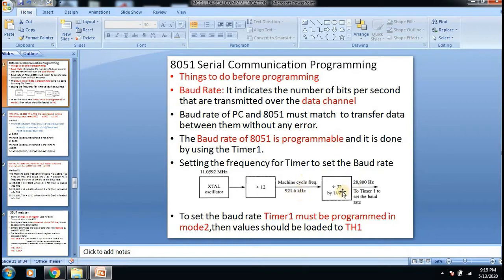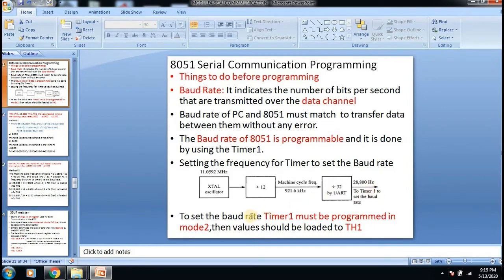Again, that is divided by 32, by the UART, the universal asynchronous receiver transmitter, and that will give the frequency 28,800 hertz. This frequency is used by Timer 1 to set the baud rate. In the next slide, we will see how to set the baud rate using Timer 1.